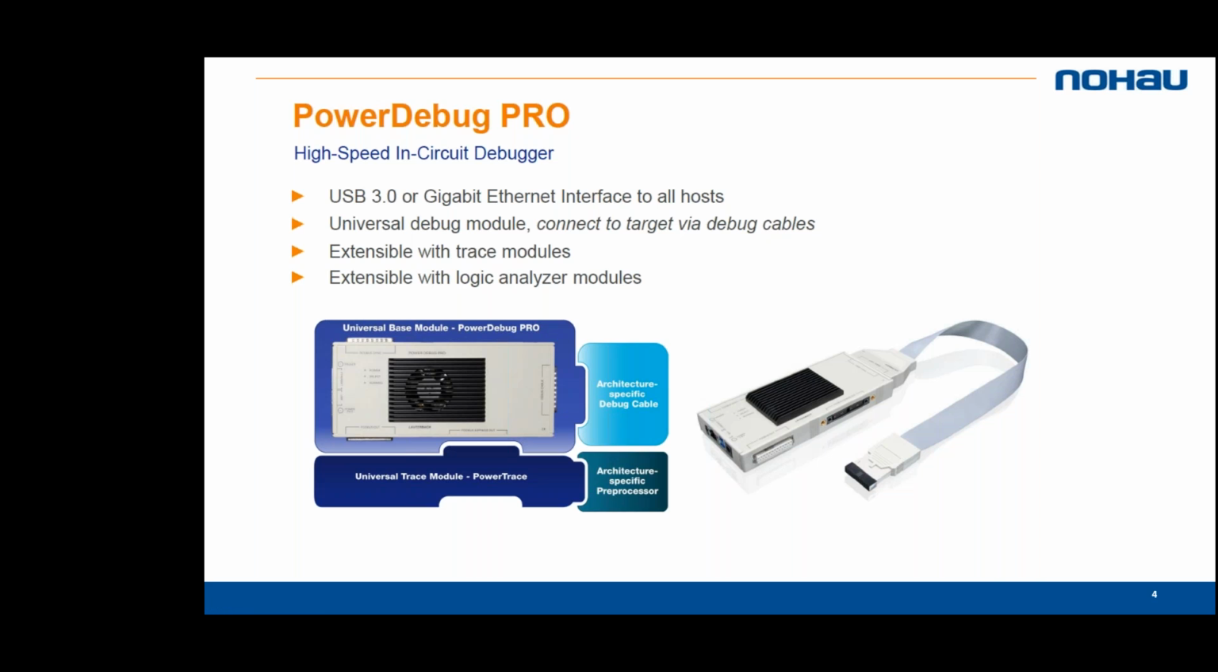On top of that, you also need an architecture-specific debug cable, and it could be, for example, for ARM or Tricore, PowerPC, or any other architecture that Lauterbach supports. So this is the base that you always need, but to be able to use trace, you also need to extend it